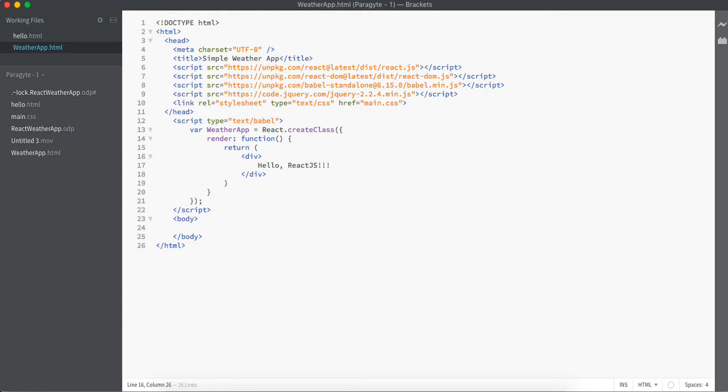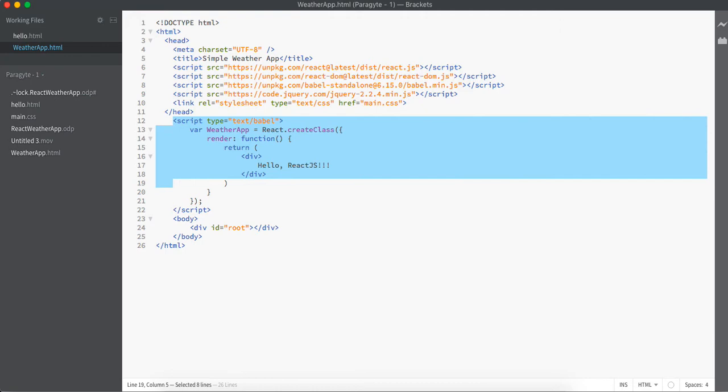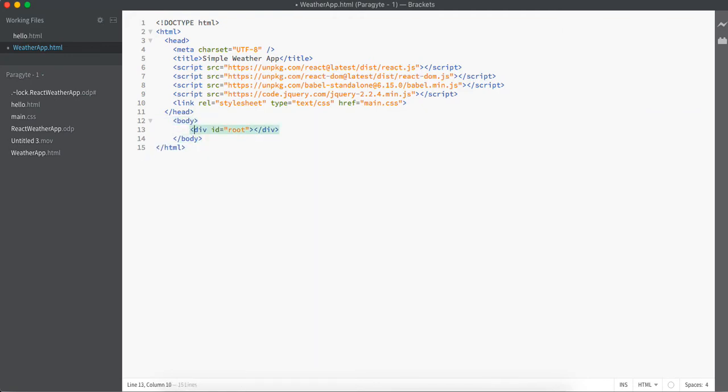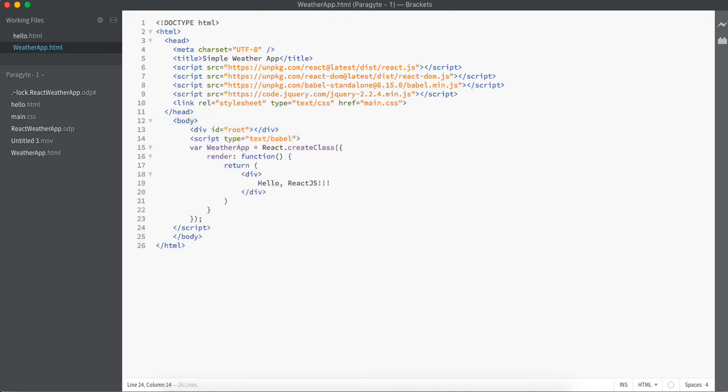Once we have done that, let us just print this React.js in our browser. To do that, let us create a div ID where we will be printing this particular information. So we have done that, and let us just put this piece of code into our body element. Now we have created a weather app which returns the hello React.js component, and now we want to display it inside the root element. To do that, we can use another function called ReactDOM.render